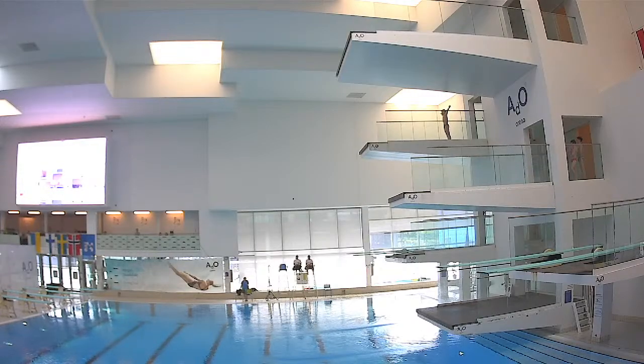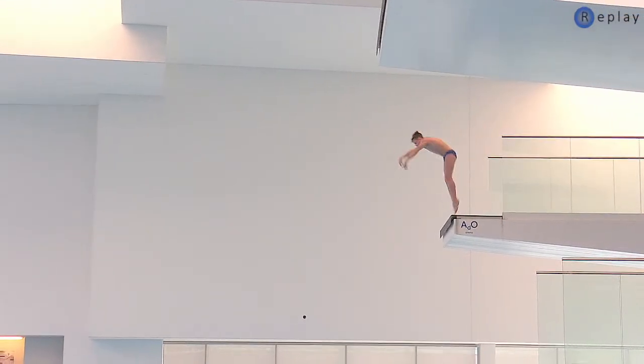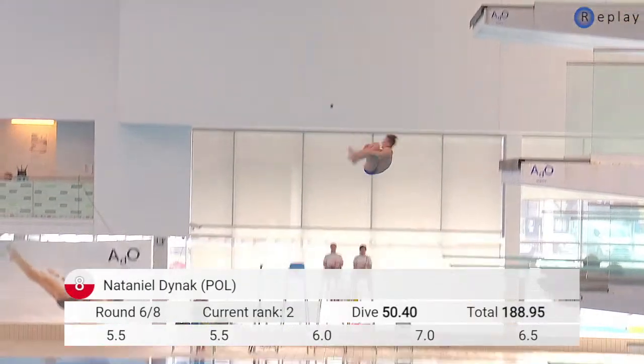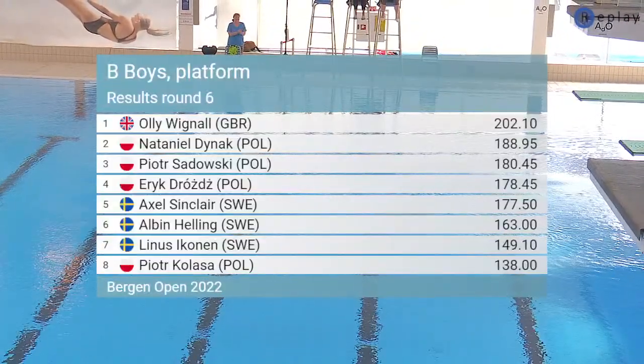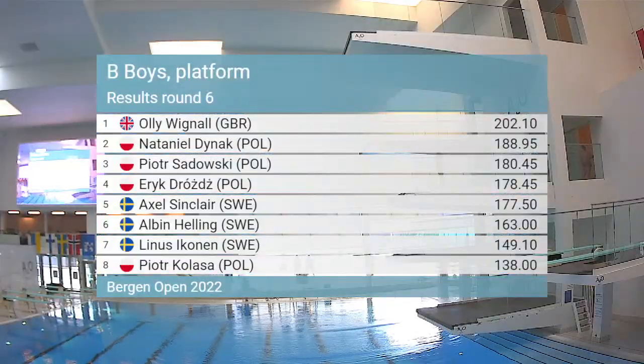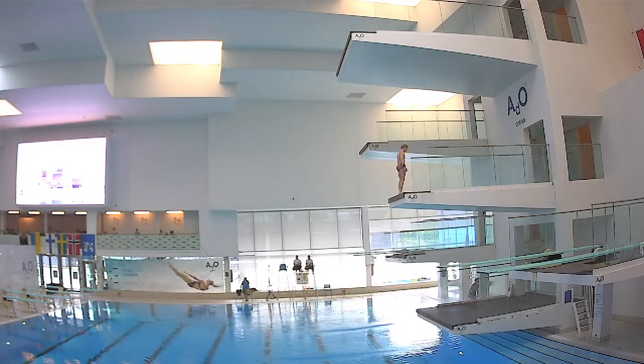Let's see if Nathaniel can answer Ollie's dive here. He is doing a forward 3.5 somersault, tuck position off the 7.5 meter. Same tariff. Yeah, 3.5. From a B-boy, and that is a statement. Nathaniel is hungry for that top position, and he gets 6, 7, 6.5. And that's a 50-point dive. Yeah, maybe could have just had a bit more form, but definitely strong on the entry. And we're into round 6